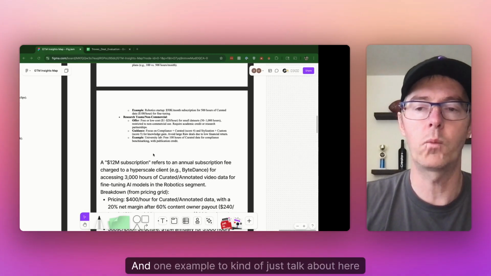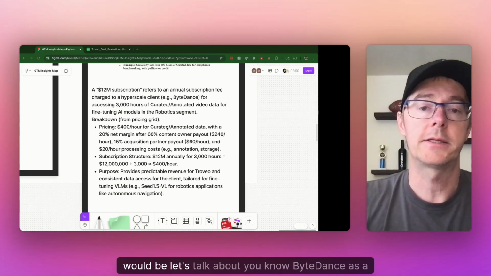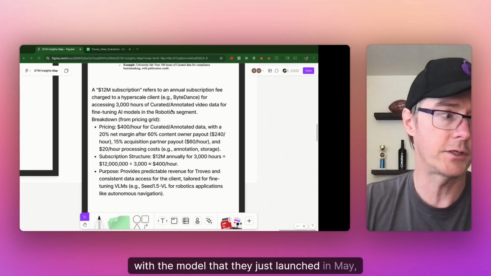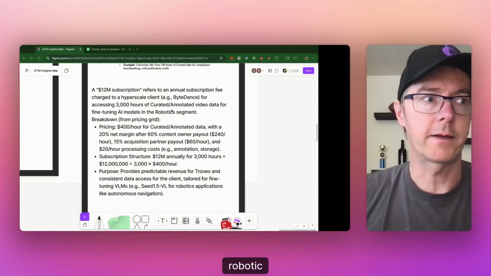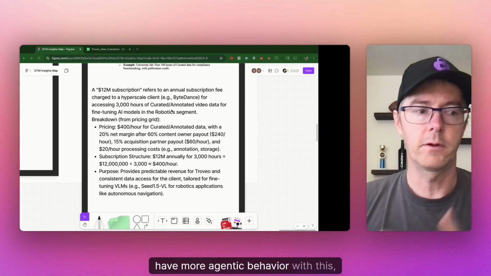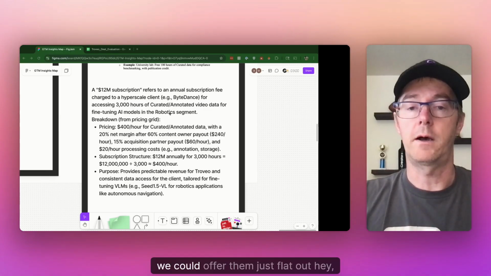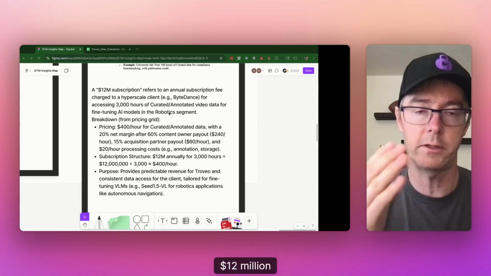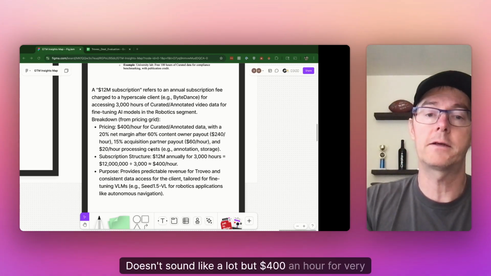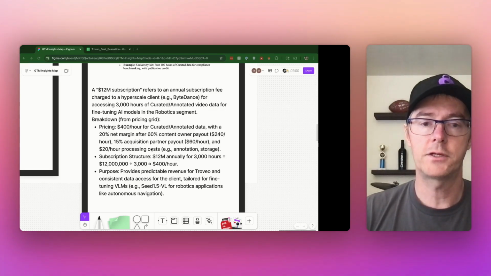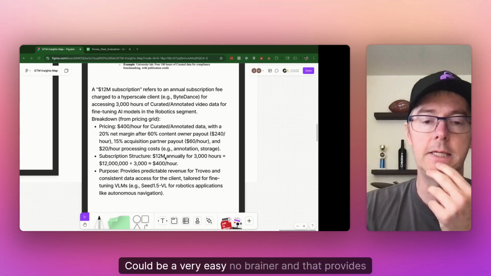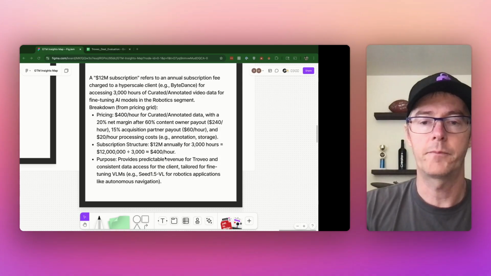obtainable. And one example to talk about here would be ByteDance as a hyperscaler. With the model that they just launched in May, they need robotic training data because they want to be able to have more agentic behavior with this particular model. So we could offer them just flat out, here's a $12 million annual subscription. You get 3,000 hours. It doesn't sound like a lot, but $400 an hour for very specific information that's value add and curated for their needs could be a very easy no-brainer, and that provides an easy way for